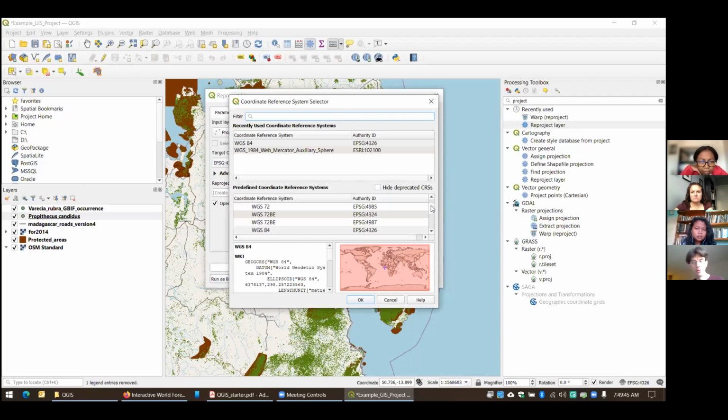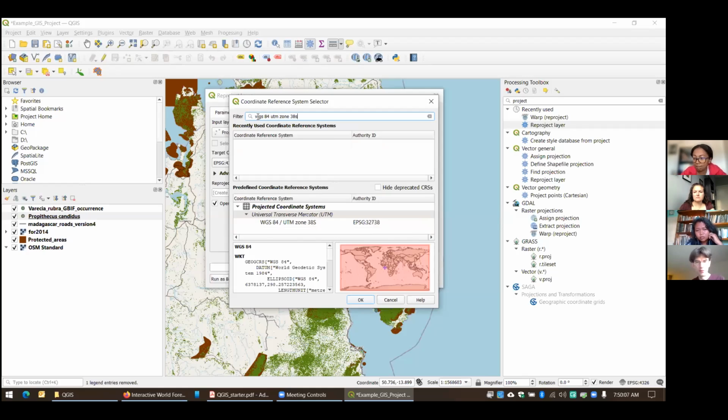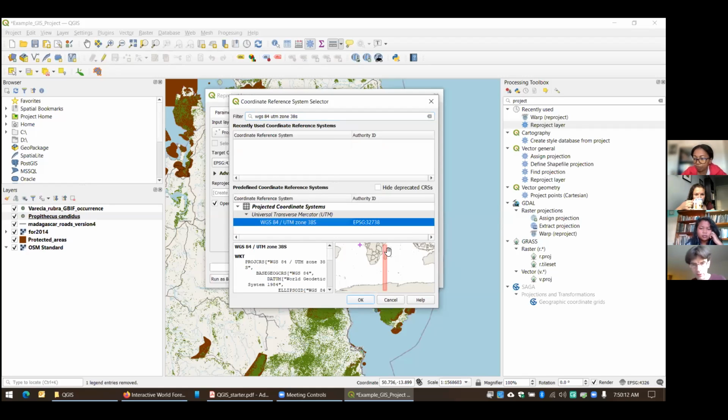Now there are literally hundreds, if not thousands, of different projections for the world. So I'm going to type up here to search for the projection that I'm interested in. I'm interested in WGS 84 UTM zone 38S, which has been designed specifically for this area of the world.